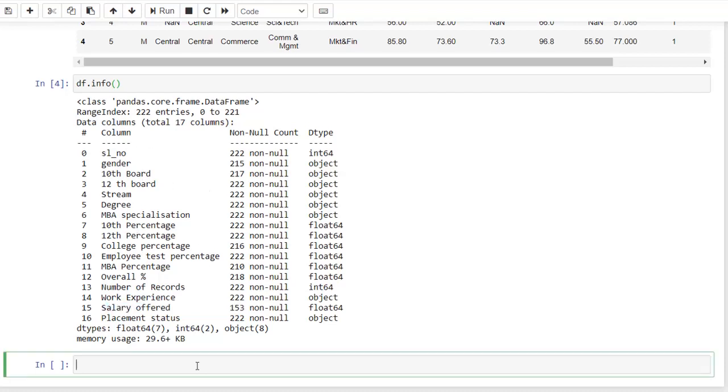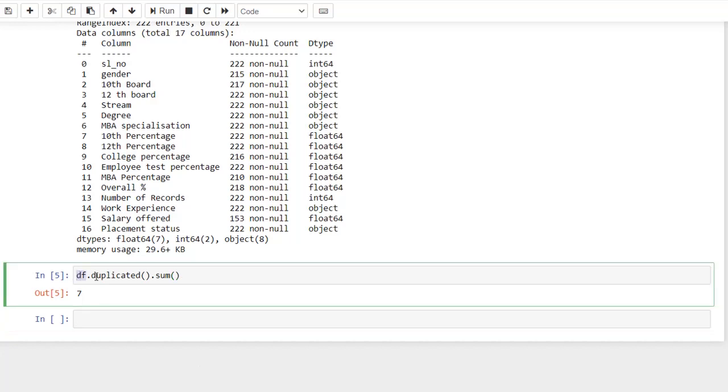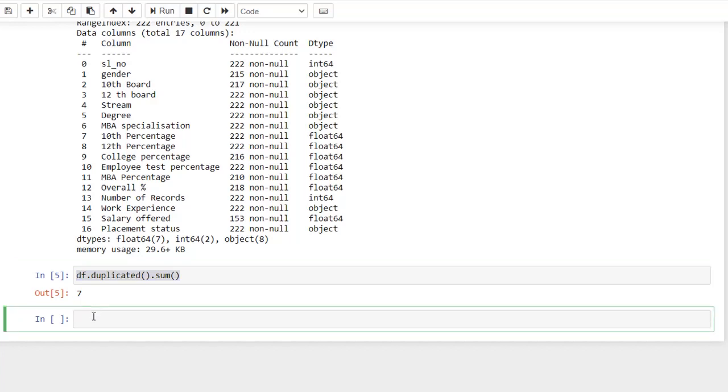Now let's check whether the data has any duplicates. You can make use of the function duplicated, and duplicated().sum() will provide the total number of duplicates available in your data set. It shows that the data set I am using has 7 rows duplicated.